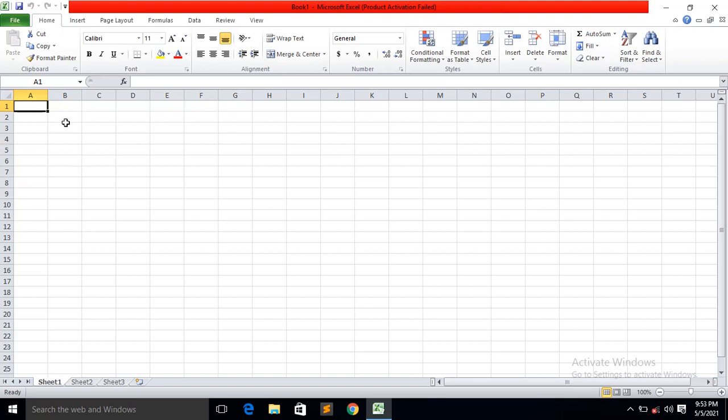Now I will show you one simple example here. Say you have your roll number, your name, your class, your section. How do teachers keep the records, either in the register or in the system? I will show you how. Here first of all, say I want to show roll number. First column, roll number, then name, then class and section.